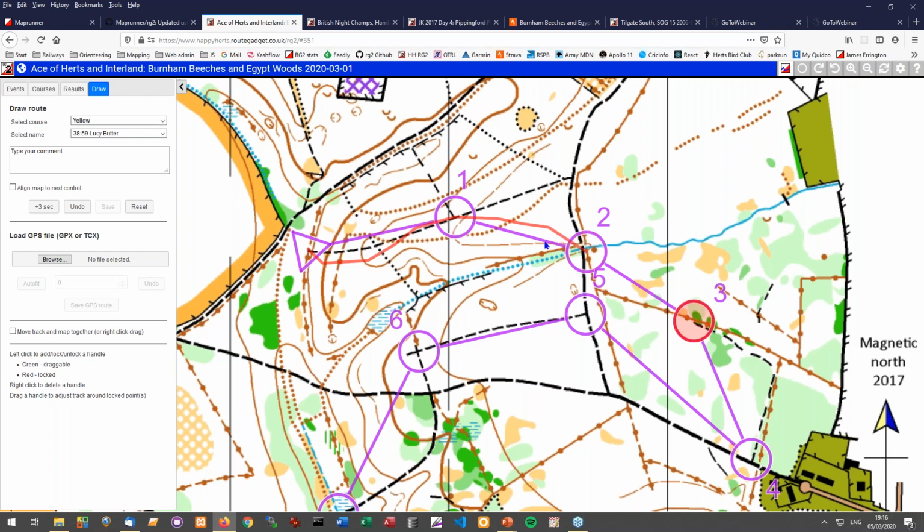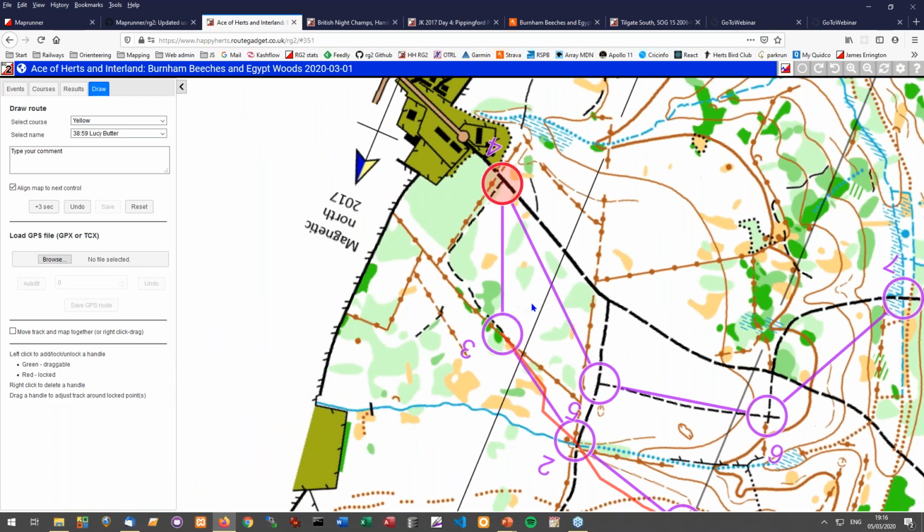One of the things you might not be aware of, and as I was saying earlier, when you're out in the woods, you tend to have the control you're going to at the top. So one of the options you've got is if I click this button here, align map to next control, each time you get to a control, it will automatically align it.